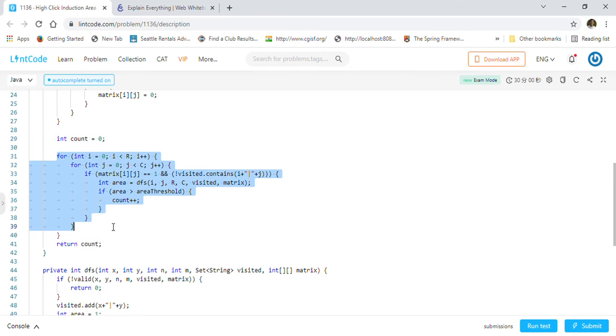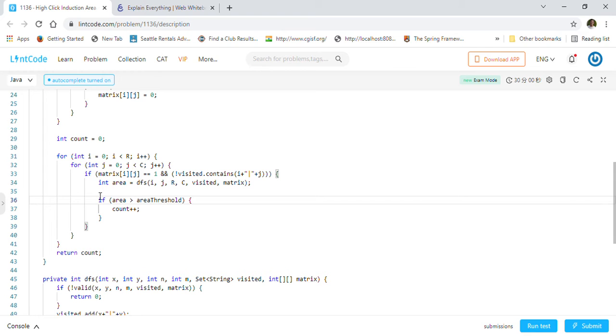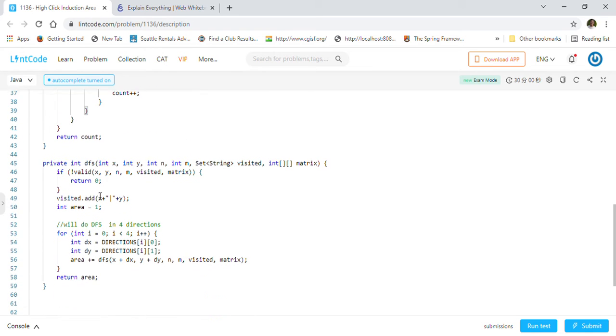Now again we go through the 2D matrix, and whenever we find a cell with 1 and it's not visited already, we start doing a DFS on that cell. We pass the i, j, meaning cell coordinates, number of rows and columns in the matrix, the visited set and the matrix itself. And we will calculate the area. So let us take a look at the DFS function.